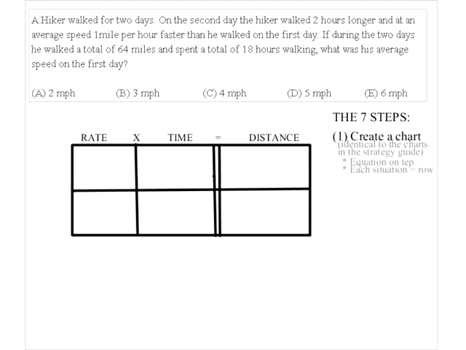So there are 2 situations here. Sometimes it's different people, sometimes it's different days, different time frames, different whatever. But how am I going to label these rows of the chart? Text box if you know. I hear a couple of you saying it: day 1 and day 2. So there's the chart. Then, any questions about step 1, create the chart? Any questions?